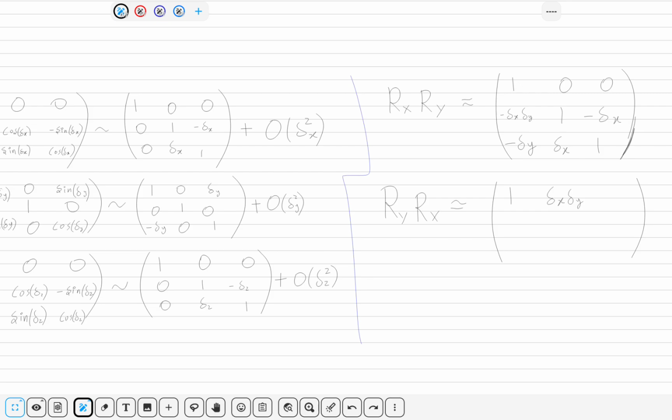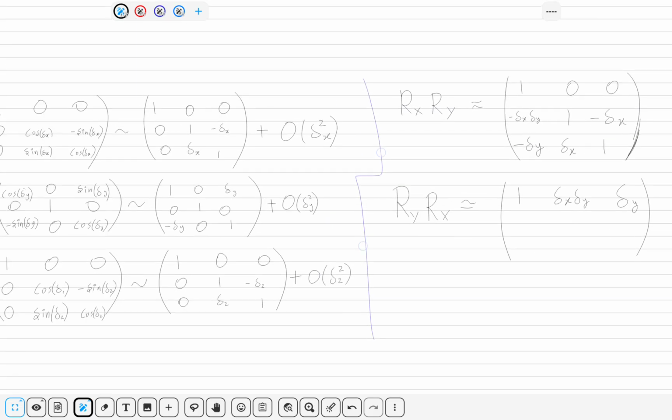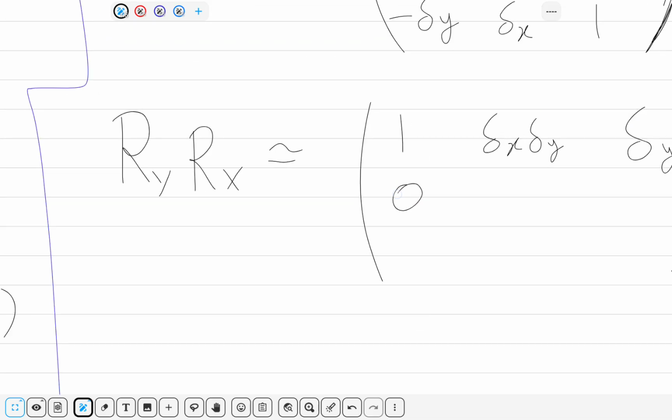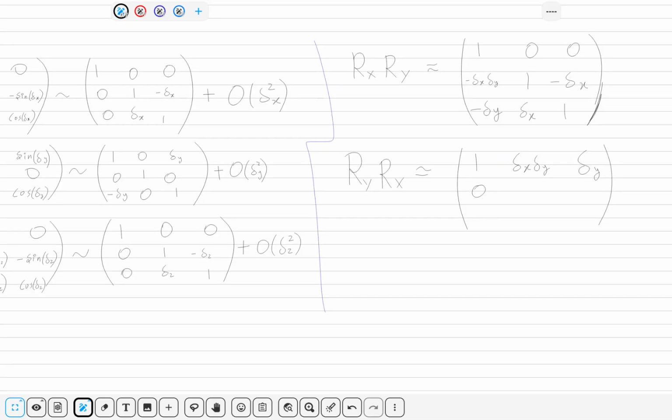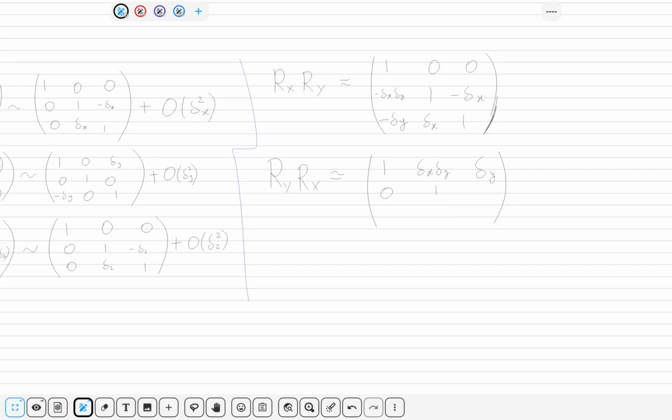Then it would be delta of y, then I don't know where I am going with this. It's very difficult, honestly. And then it would be 1 again, and then minus delta x,